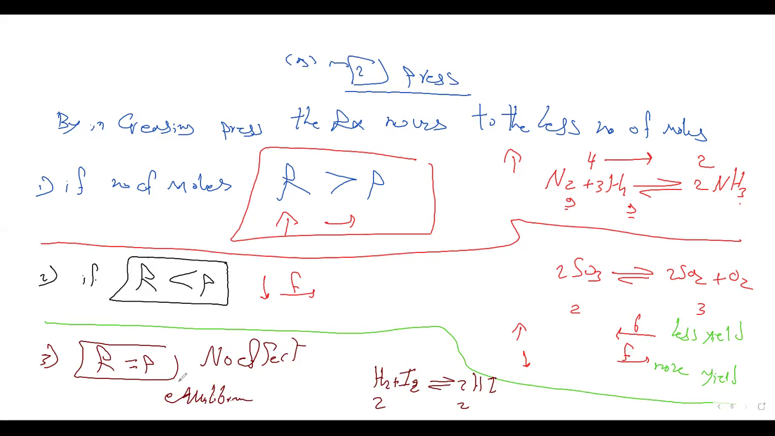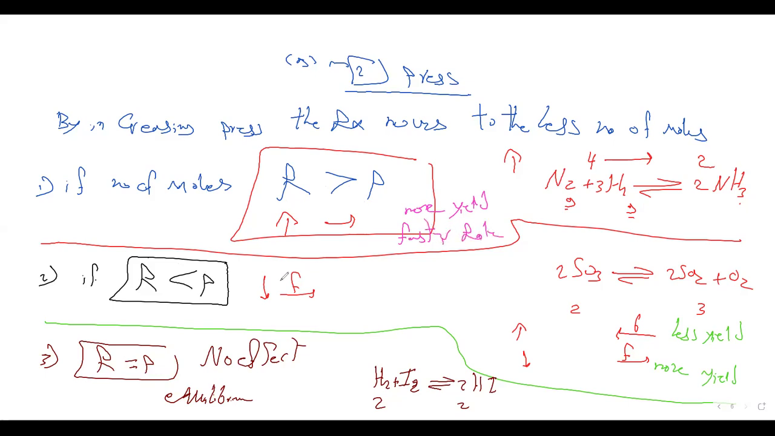So again, in pressure, we have three cases. If the number of moles in reactants is greater than products, this is number one. If the number of moles in reactants is less than products, number two. If the number of moles are equal, number three. The first one, if the number of moles in reactants is greater than products, this means that by increasing pressure, the reaction moves forward and more yield is produced. And in this case, we have more yield and faster rates. Why do we have more yield? The reaction moves forward. And why do we have faster rate? Because we are increasing